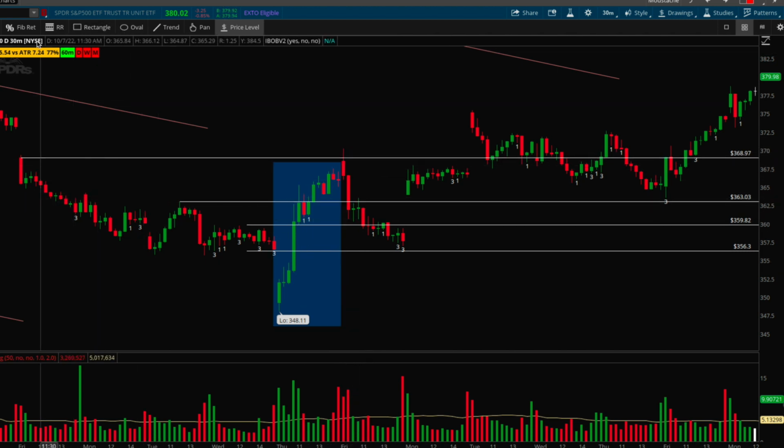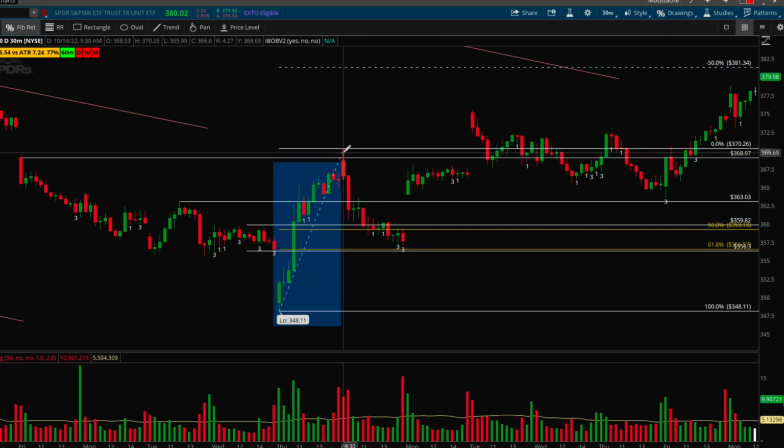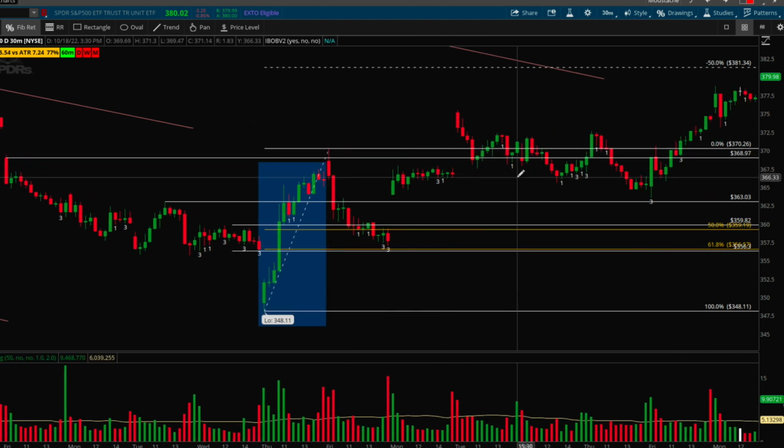So remember what I said with the fib. You can take a fib of that outside bar, the low to the high, and it didn't quite hold the 50, but it did hold above the 61.8 as well as that previous candle's low, which is a good sign. And then we gapped up. So technically you could go long here and ultimately target these highs, as well as just continuing to go long